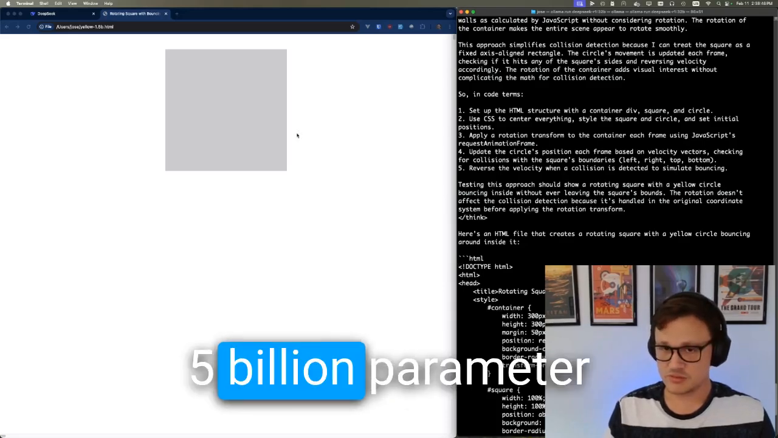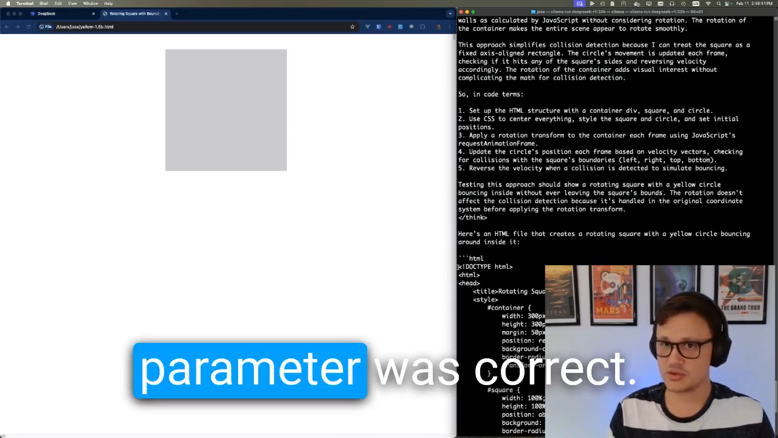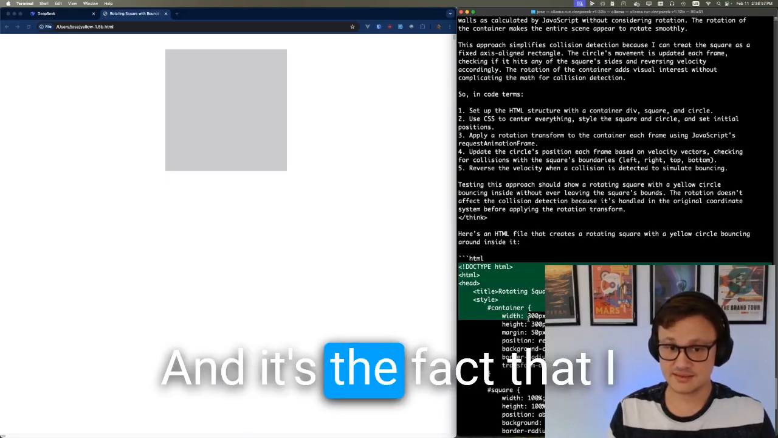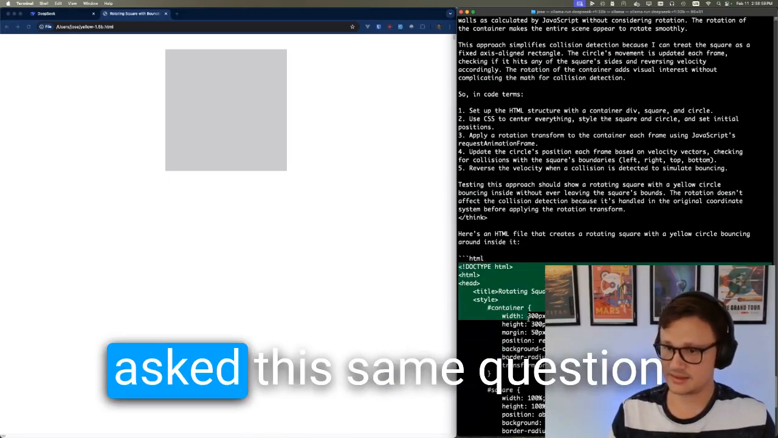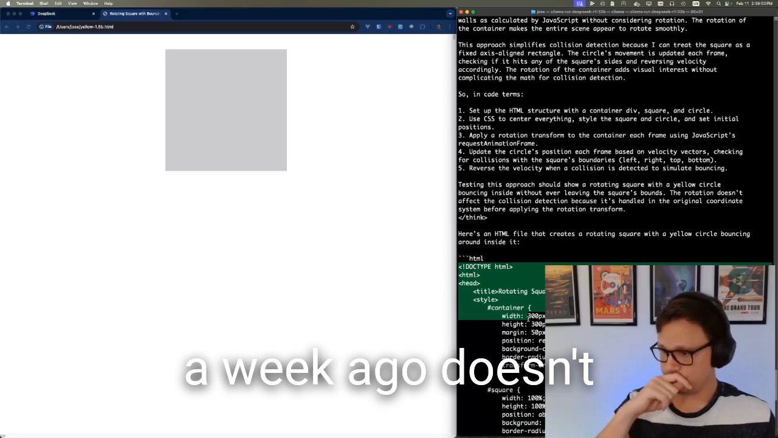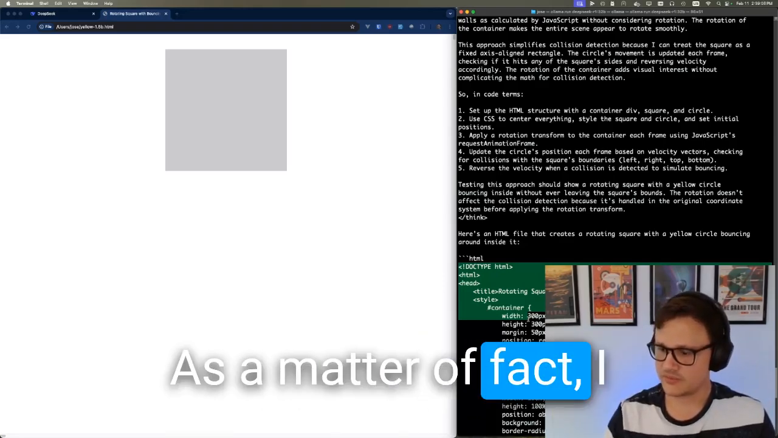The 1.5 billion parameter failed, but the output of the 32 billion parameter was correct. It was impressive. And the fact that I asked it this same question a week ago doesn't mean that the answer is going to be the same. As a matter of fact, I doubt